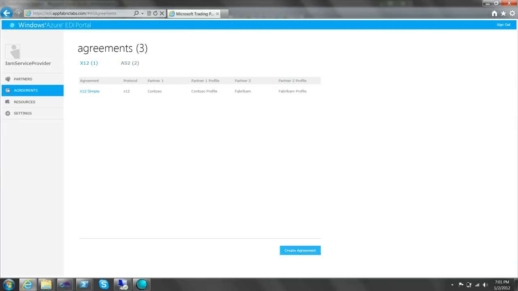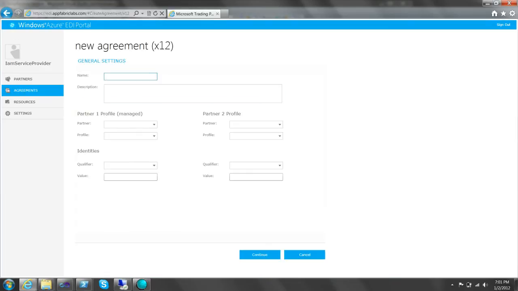Now let's create an X12 agreement. So we will create X12 relay. Again, the name symbolizes that we are using relay in this agreement set, and I will give a description as using a relay for receiving the message from send and async MDN. Now I select console and I go to Fabricam, select Fabricam,